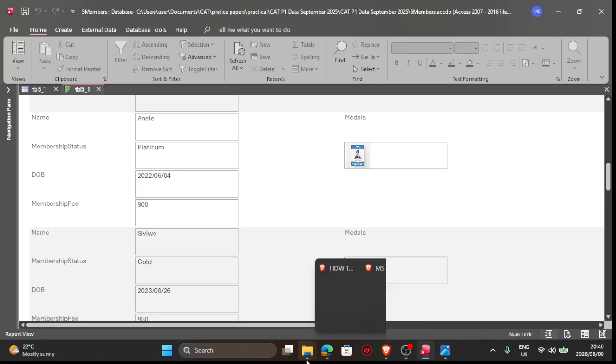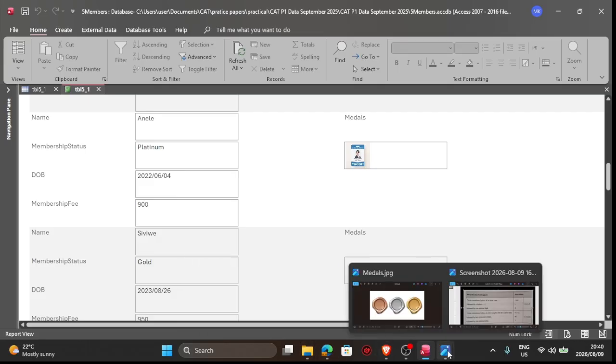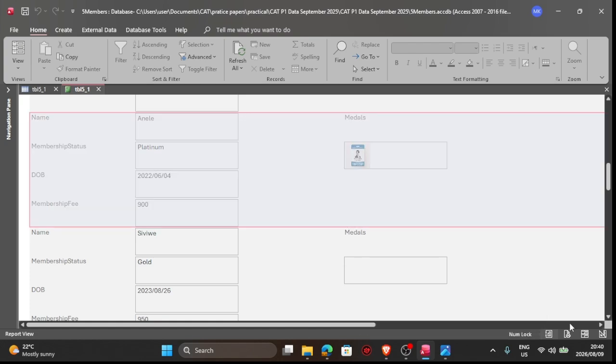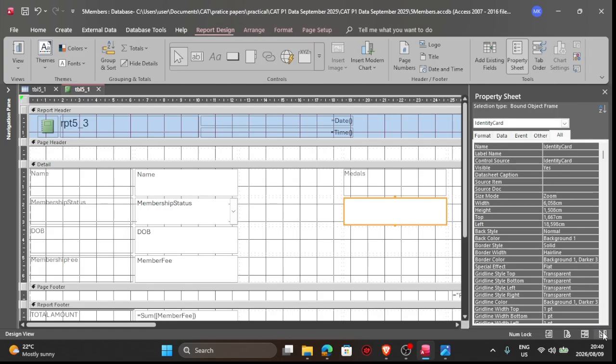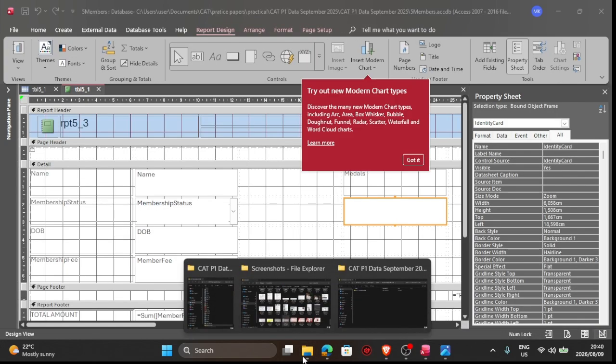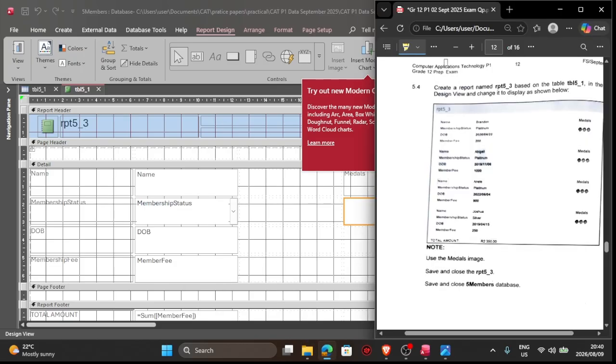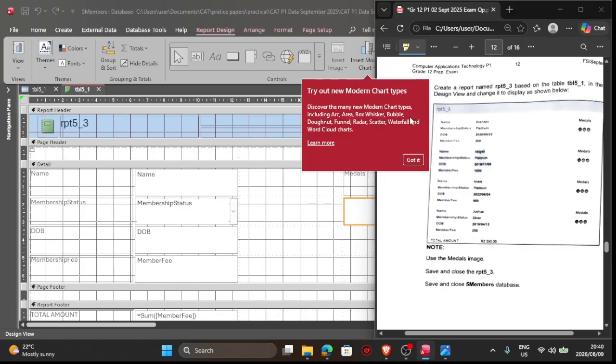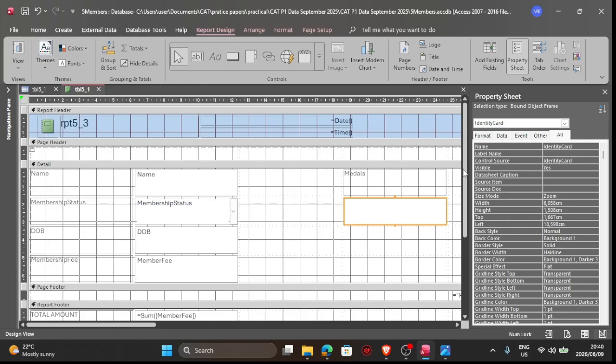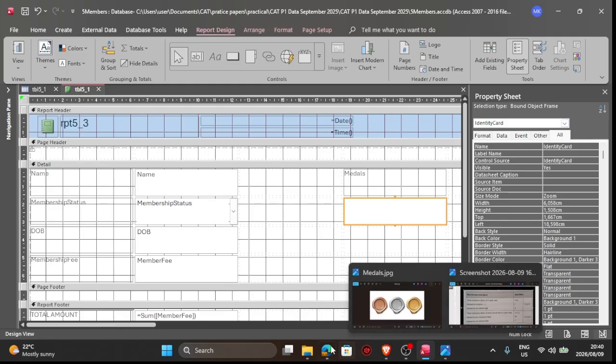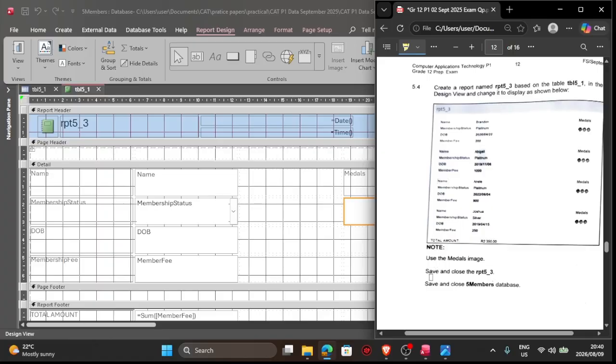We then go back to our design view, and according to our question paper,